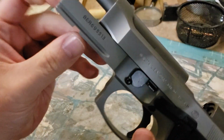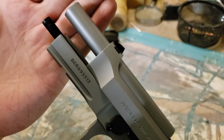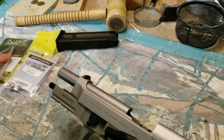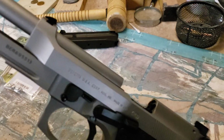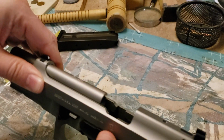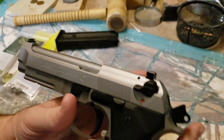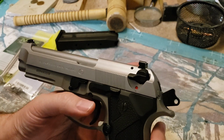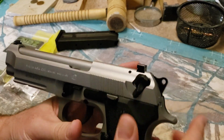plastic guide rod here. You can see that's the fluted plastic guide rod that they went to. And we're going to switch that out for a stainless steel one, just so it'll look the same as the barrel, which, I guess, having black controls on it, whatever, it's not a big deal. The other thing I want to mention is that,